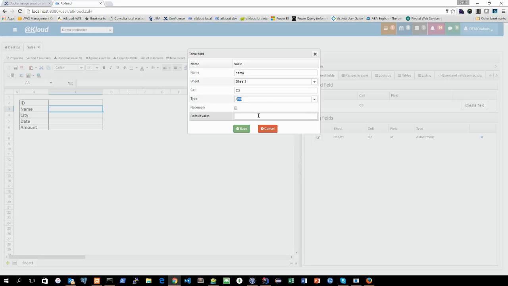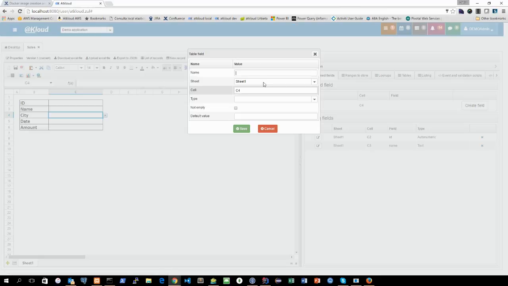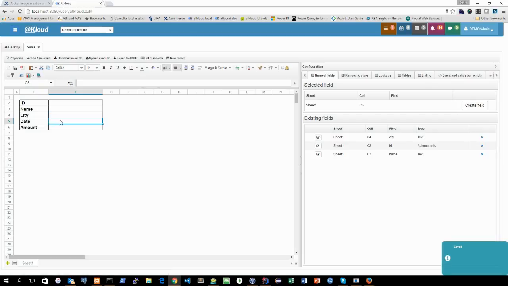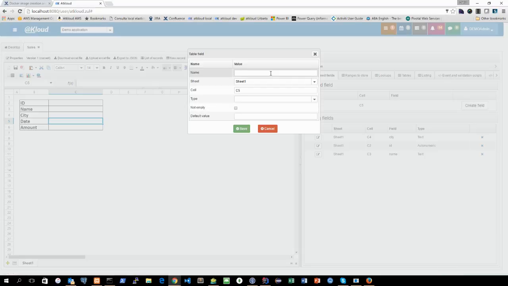This is a text field. It's not empty. The city will be mapped into another new field that will be called city. It will be a text. The date will be mapped into a field called date,